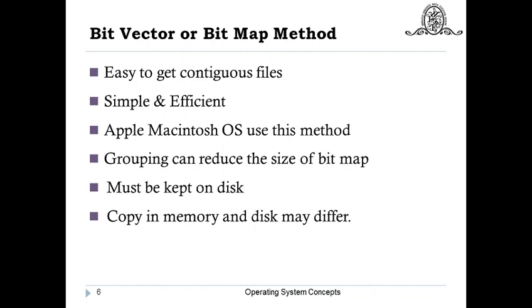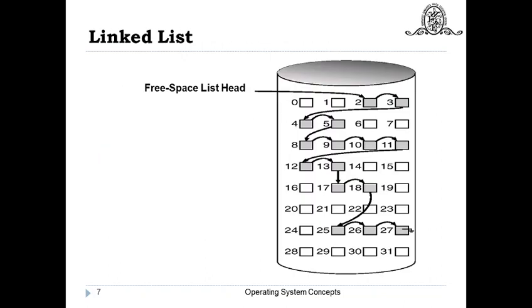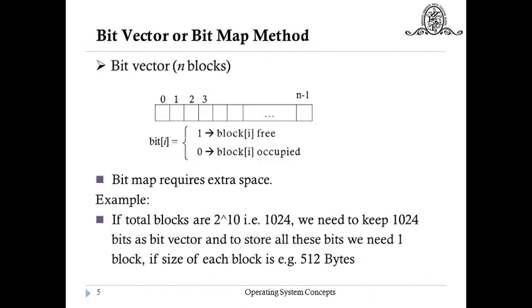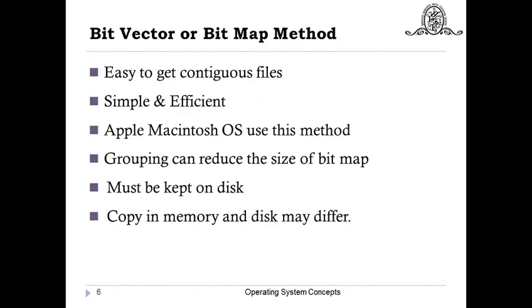Efficient means it is easy to find out the free blocks. Whenever you just go through the bit vector, the ones will indicate the free blocks, so that block number according to the index of that bit will be treated as a free block and that will be given to the file. Generally these bit vectors or bitmaps are used by Apple Macintosh OS, and